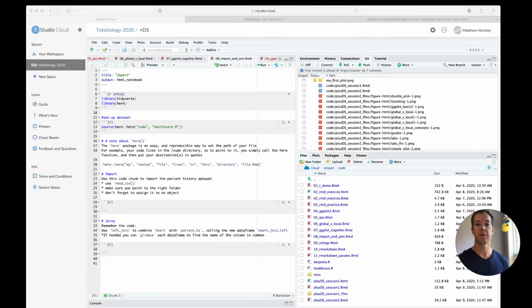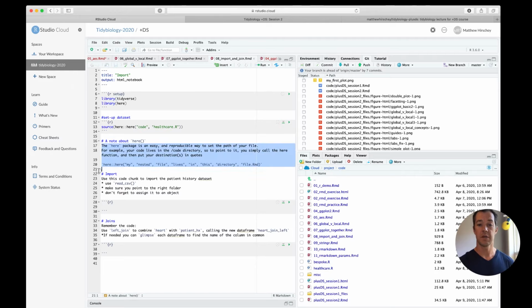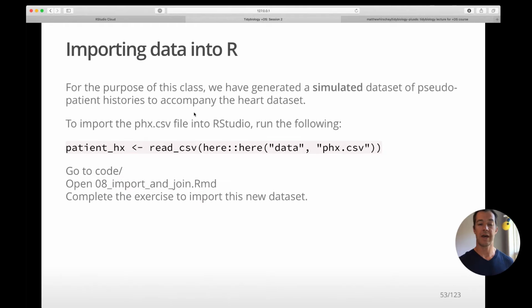All right, we'll stop a little bit early just because I want to make it clear. I don't want you to do the joins yet. Really, what I want you to do is just run this code here and import your data. So hopefully you were able to do that. This explains this great little here package, and you should now have an object in your directory